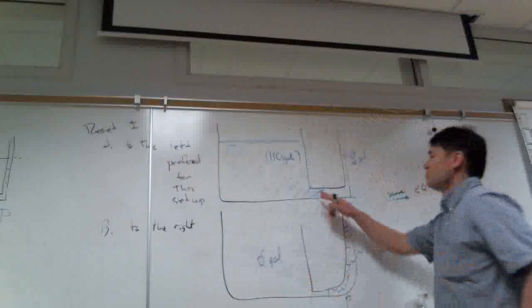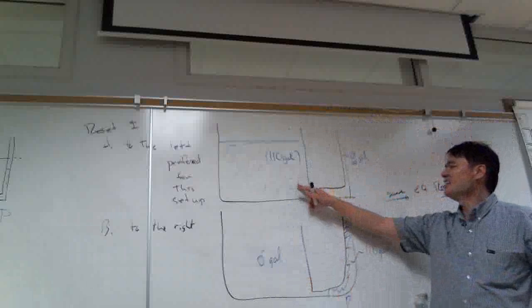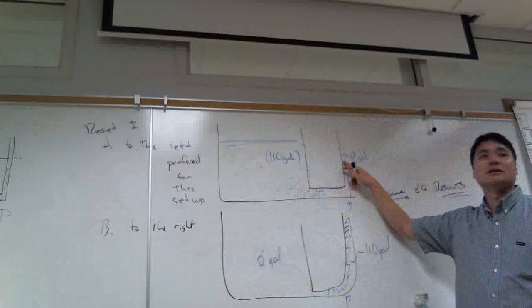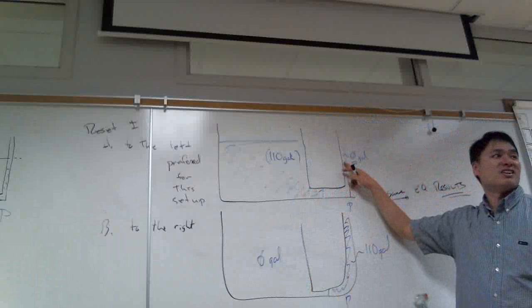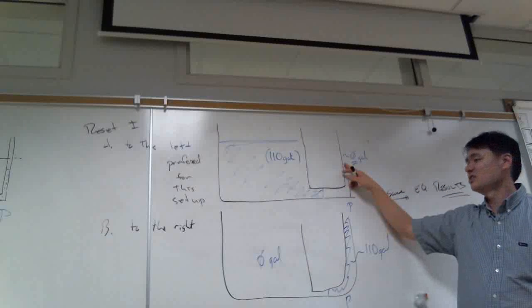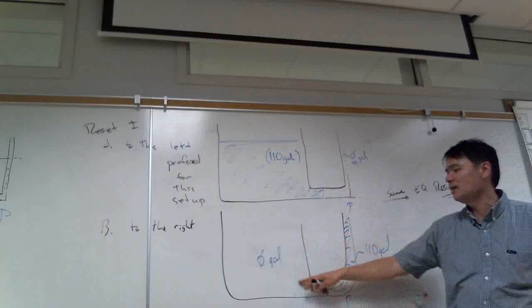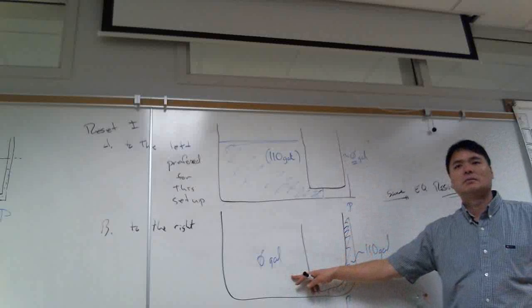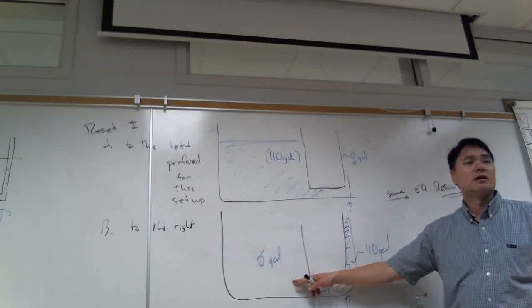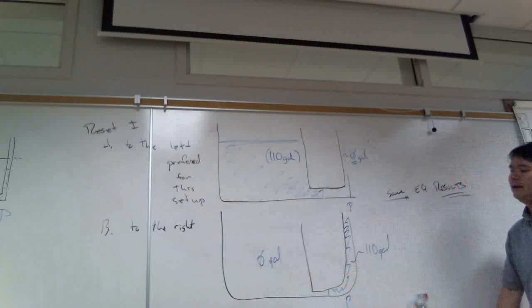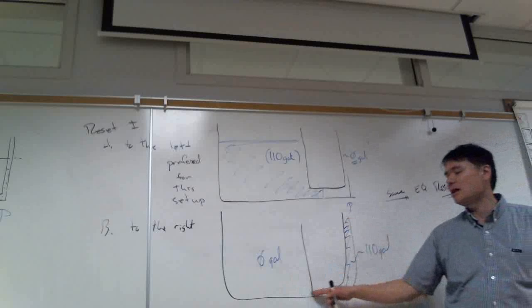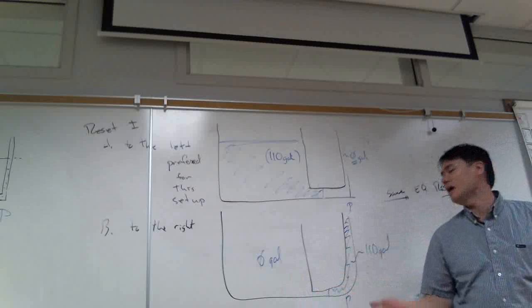The reason is, how many gallons of water are going to leak over here? Not much, right? Whereas if I open this, how many gallons of water are going to leak over here? Practically all of it. And so if I calculate my x, what is my x? My x is going to be